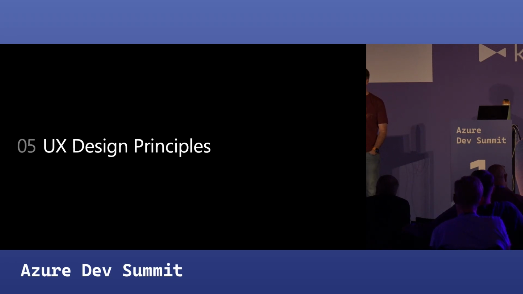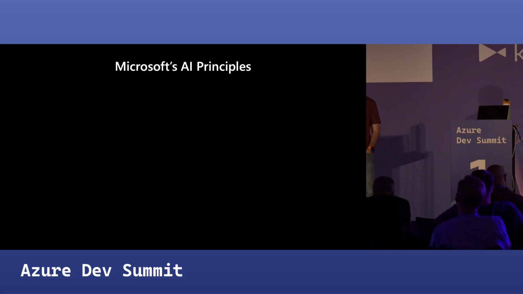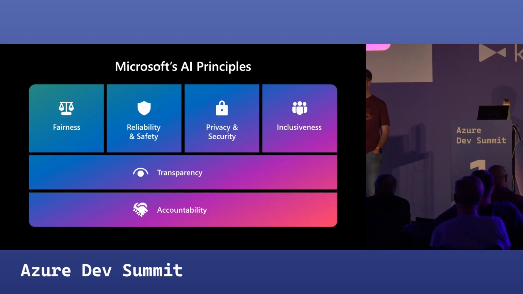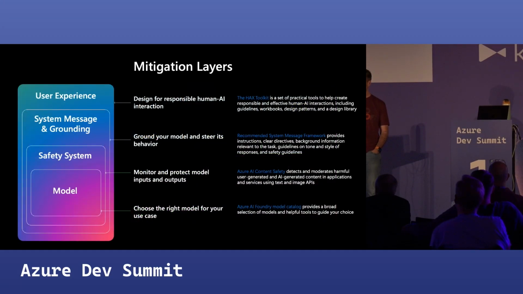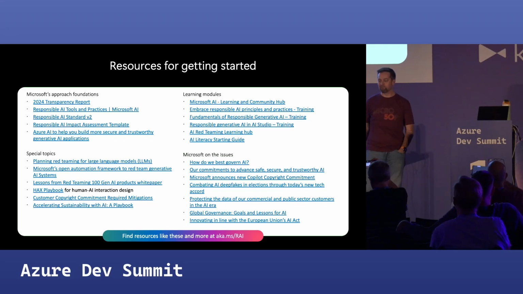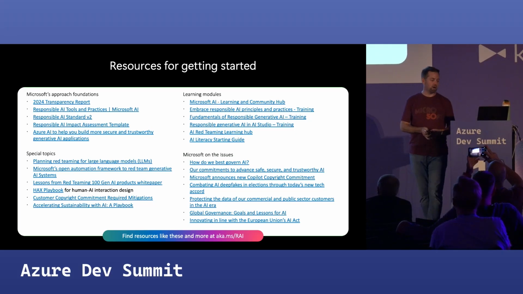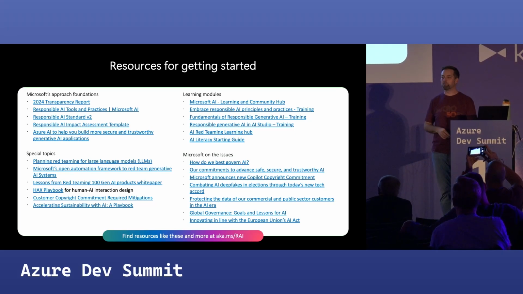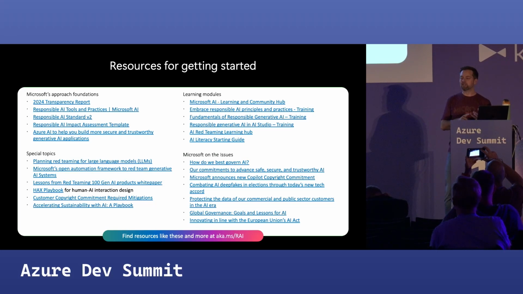So I mentioned we're probably not going to cover this, so I will skip to the really, really good part, which is this slide. Because this slide has an AKA MS/RAI, responsible AI. That is going to get you all the information, and there's a bunch of useful, helpful things there. There's a toolkit. There's, how do I make sure that it's governed properly, all the things. So it's super, super useful.